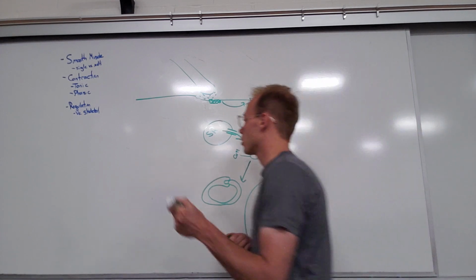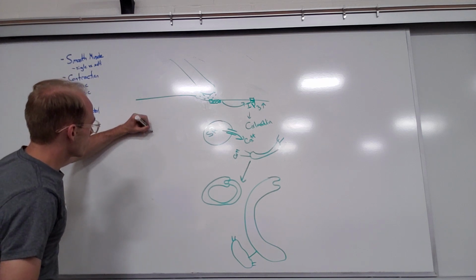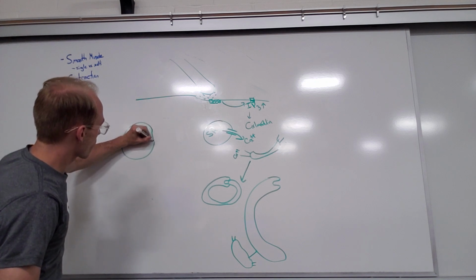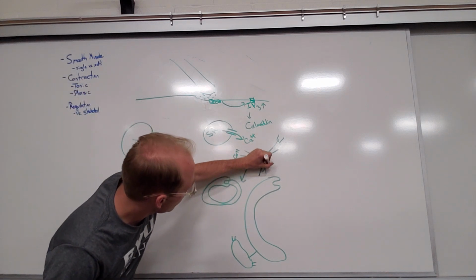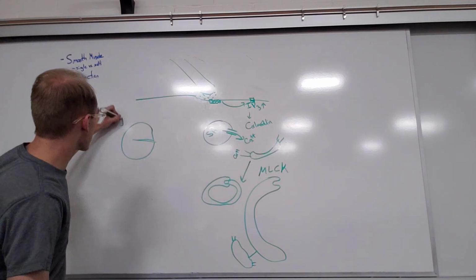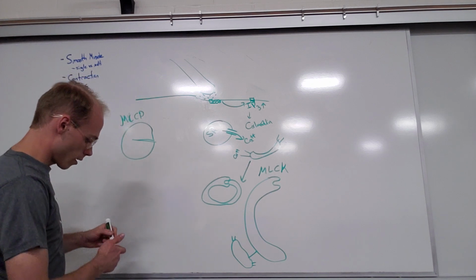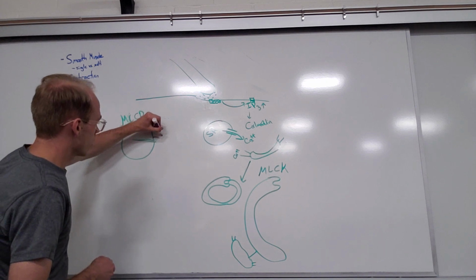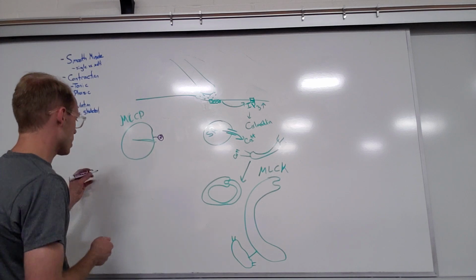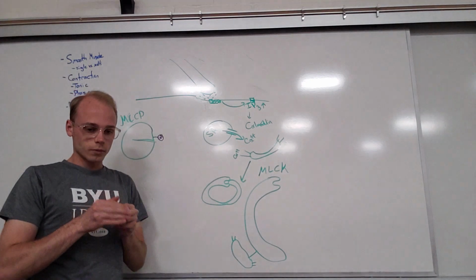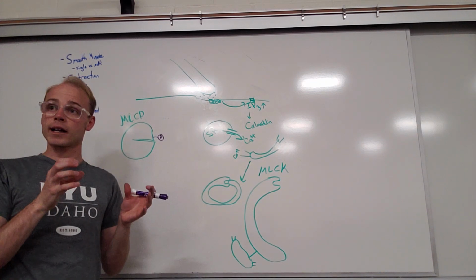Calcium also causes, so the other one that we have, I'm just going to draw like that. So this is our, I will label this MLCK. This is MLCP. And so normally within the cell, it is phosphorylated. So it has a phosphate group, and this keeps it in the inactive state, and that's because of a protein called rho kinase. When you have an increase of calcium, calcium will bind to rho kinase and deactivate it, which